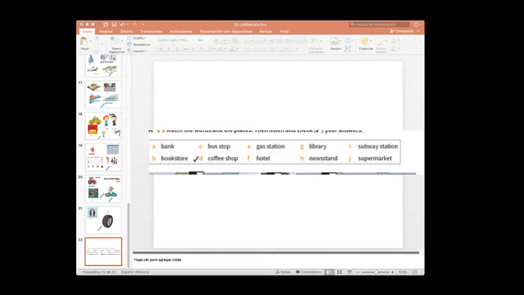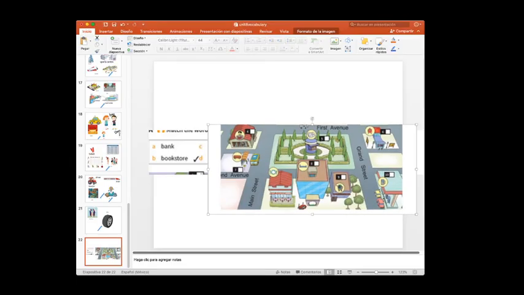Okay, and it says, for example, match the words and the places, then listen and check your answers. So you are going to cross all the buildings that you believe there is something. For example, here is the map. Maybe for me, I don't know, the number 4, it could be, for example, the bank. Well, it's an example, okay? So we are going to check the audio. Please pay attention and we are going to check it.